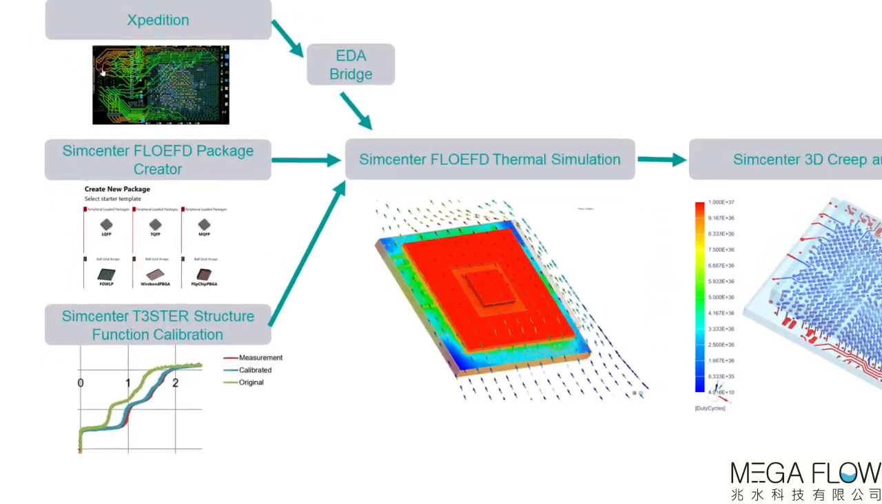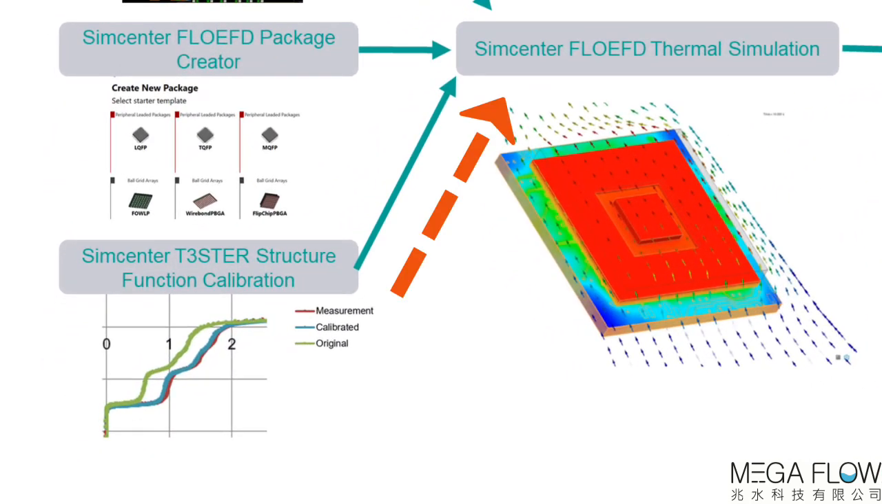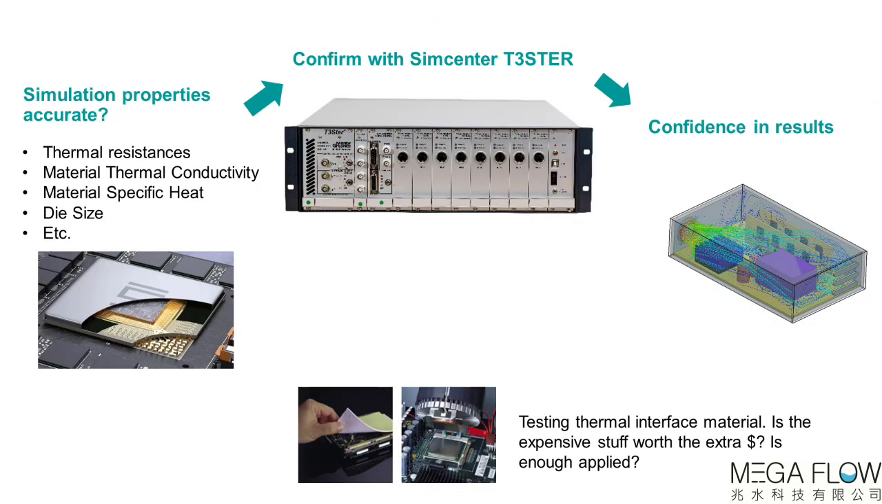Okay, now let's talk about using Simcenter Tristor structure function calibration. In order to ensure our package simulation parameters, such as thermal resistances between layers, are simulated accurately, we can use the Tristor hardware to thermally characterize the package and use this to calibrate our simulation model so we can be